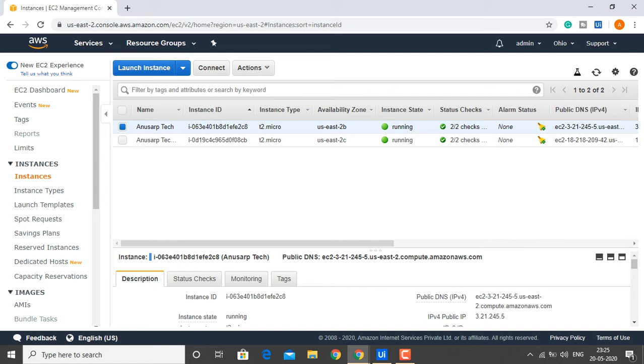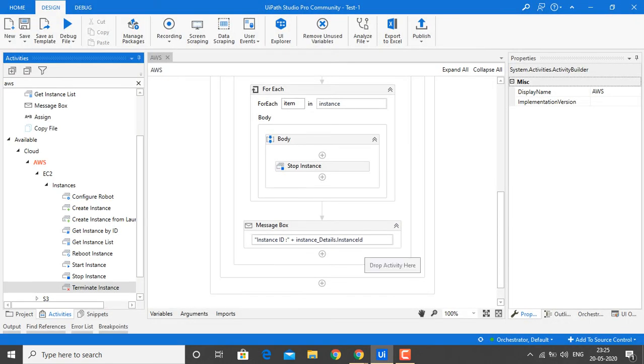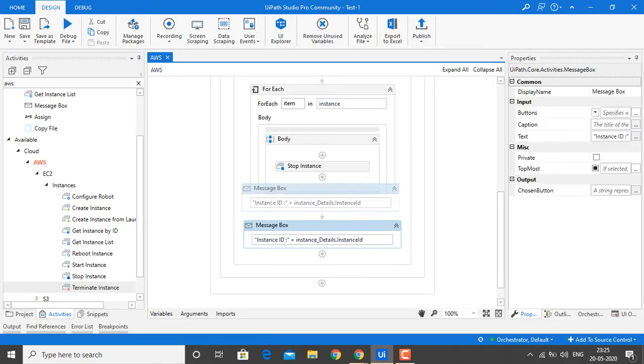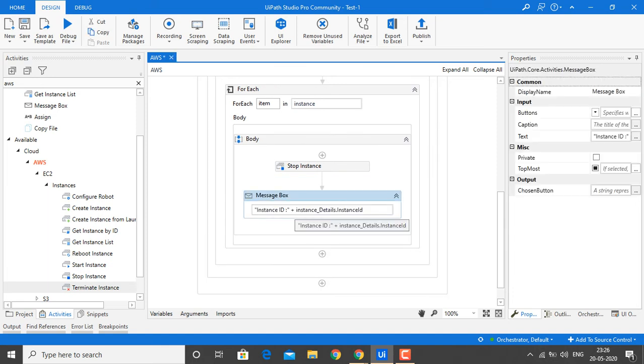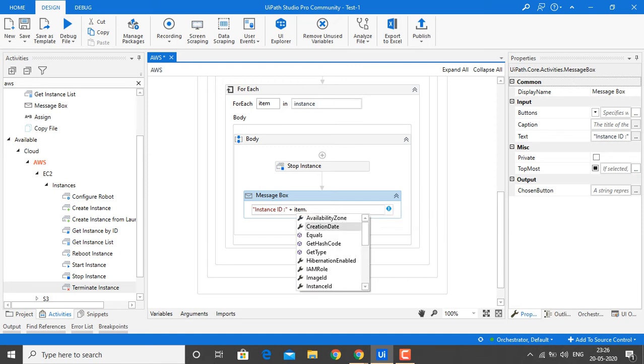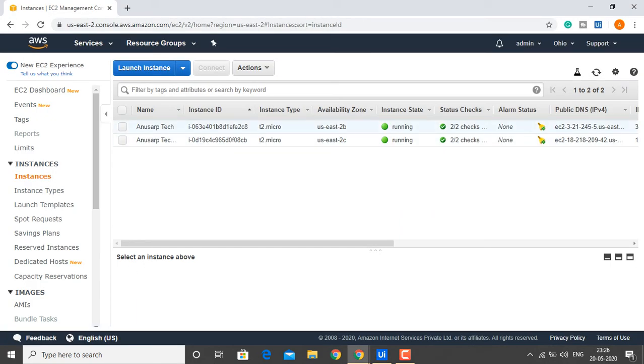Yeah, right now if you observe, guys, those two instances' state is running. I will show my instance ID and instance details also. Here I am using item, and instance ID. This is my instance ID, where I will get first this one and second this one.